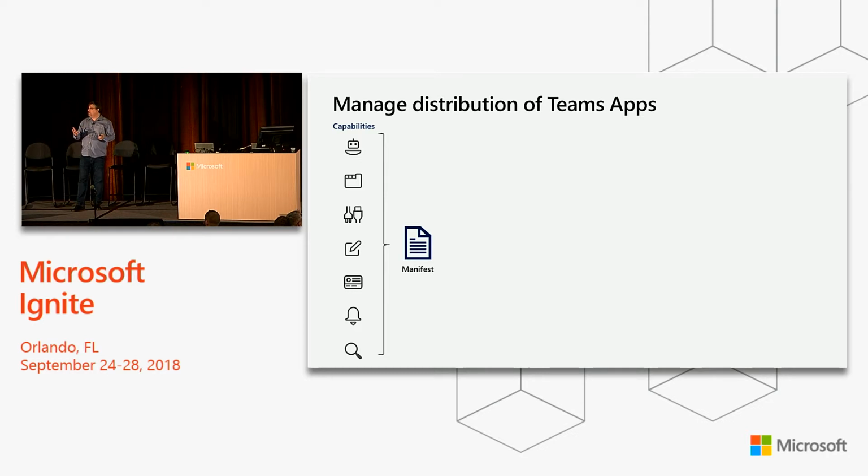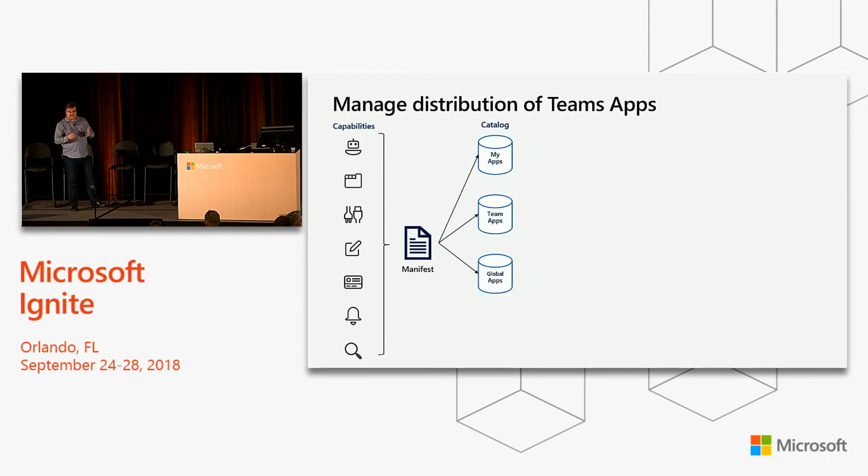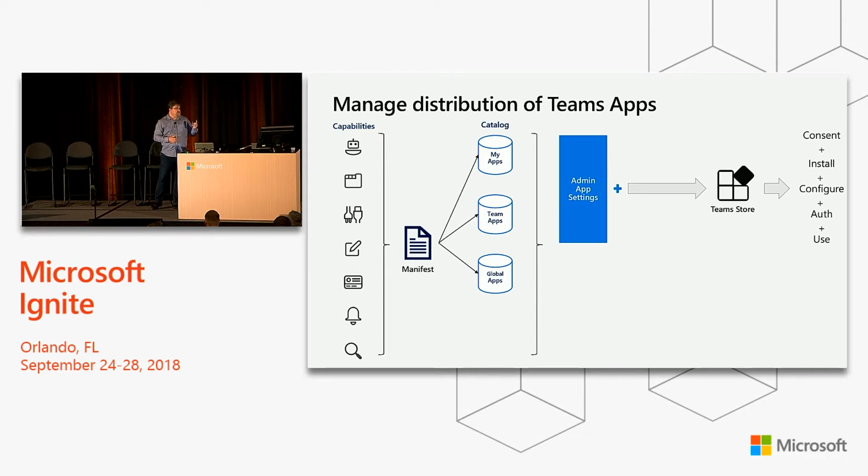So where does it go? Inside of Teams, we have a collection of catalog stores. Some of those catalog stores are for the default apps that we provide for you from Office 365. Some of those are for the apps that are coming from AppSource and from the store that are specific for your organization. And then some of those are the applications and our registration of those on a per team basis. So we want to know which apps and which teams. So we're tracking all of that information. Now, as part of that, you're also able to describe some settings that help you manage those and push those through the store and go through the process of installing an app and consenting, the process that many of you have probably seen at this point.